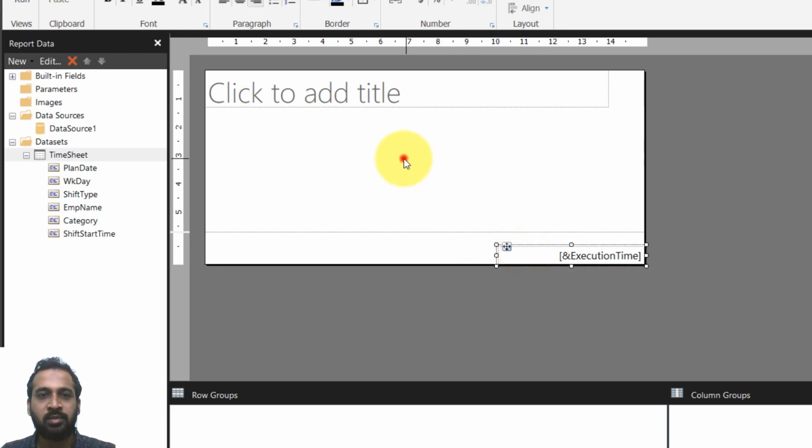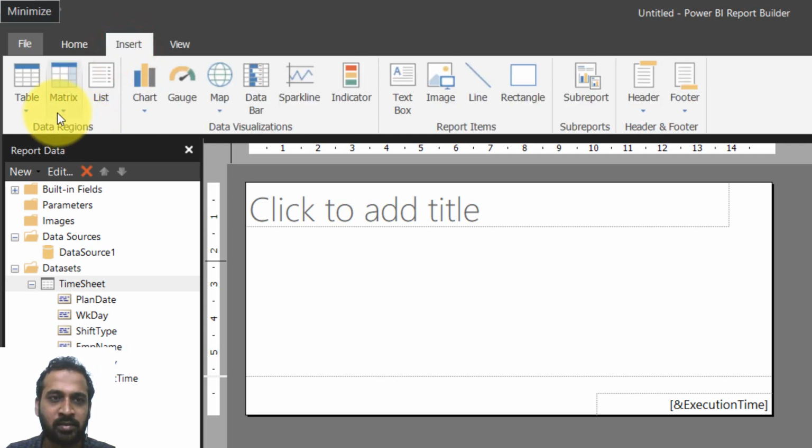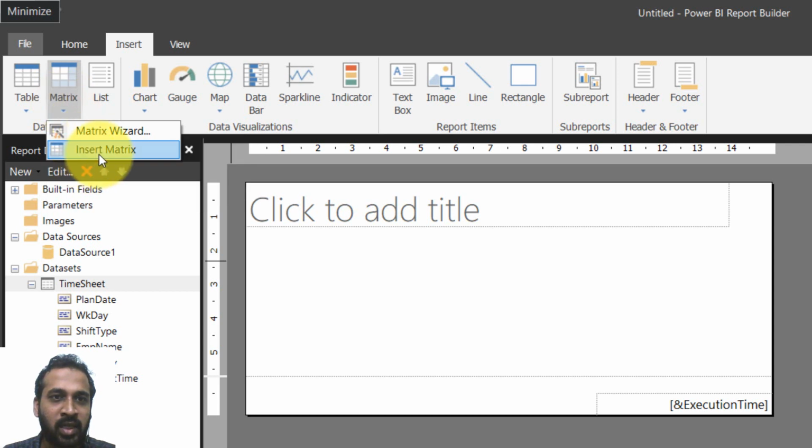So now this is a default report, right? So I'm just going to insert a matrix table. In my previous videos, I have done these things, so I've done it one more time here. But after that, these are the things which we are going to do new here, because in the last videos we covered the tables only. Now I'm going to add the matrix here. This is one of the powerful tools in Power BI as well as Excel as well as in Paginated reports. I really love this one.